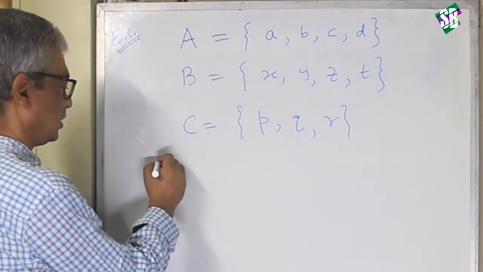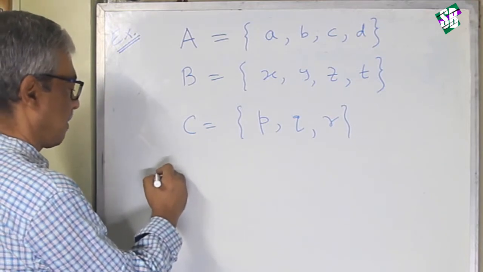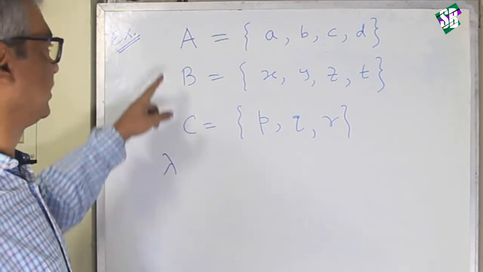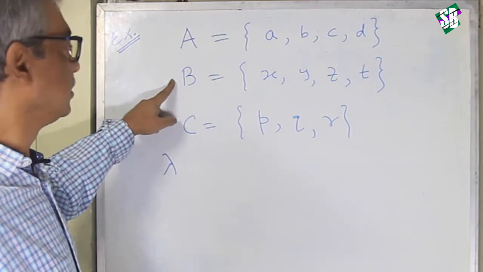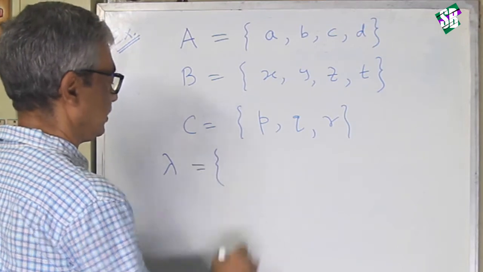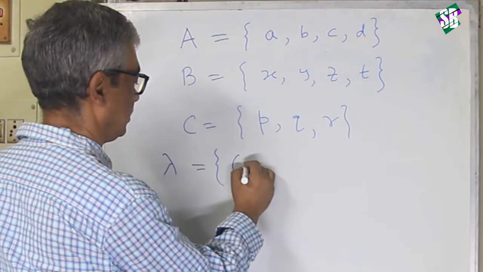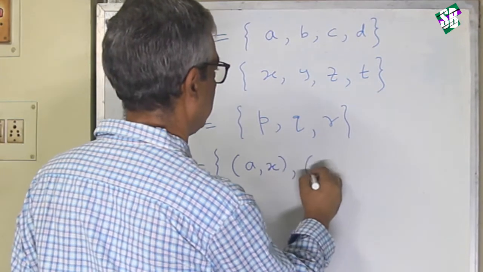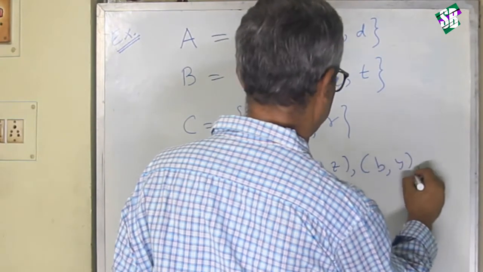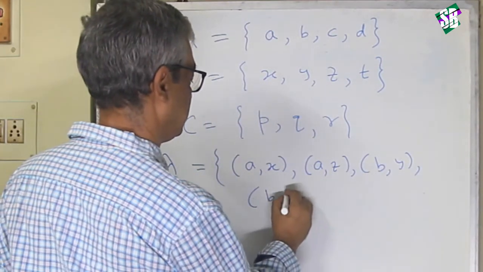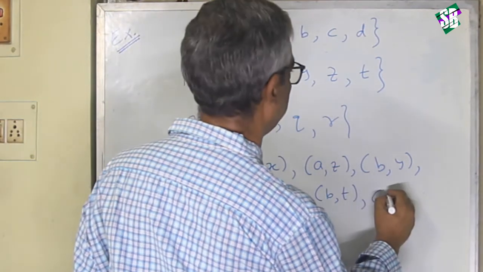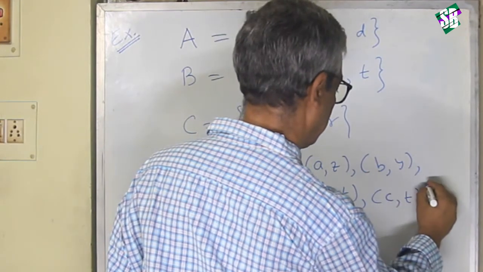And let lambda be a relation from the set A into the set B, and let this be given by (a,x), (a,z), (b,y), (b,z), (b,t), and take (c,t). Okay,